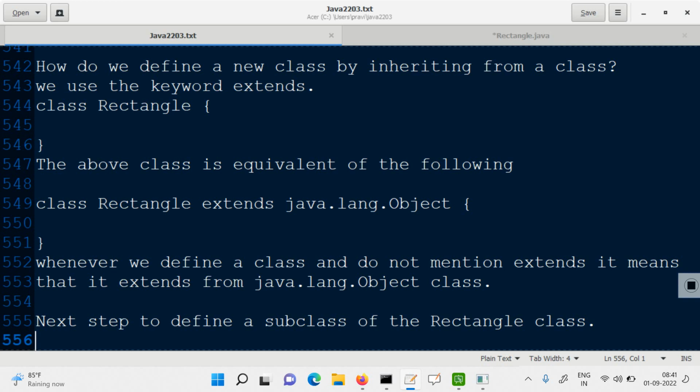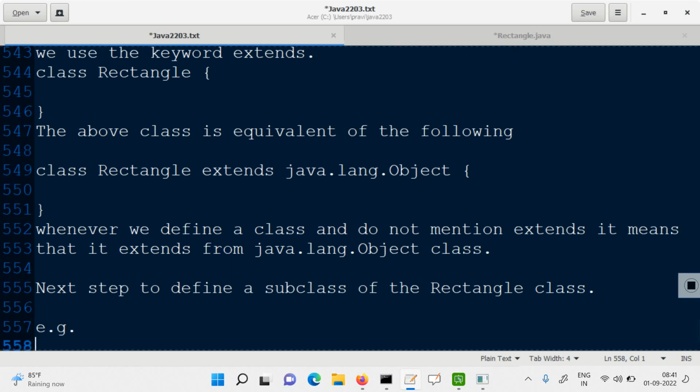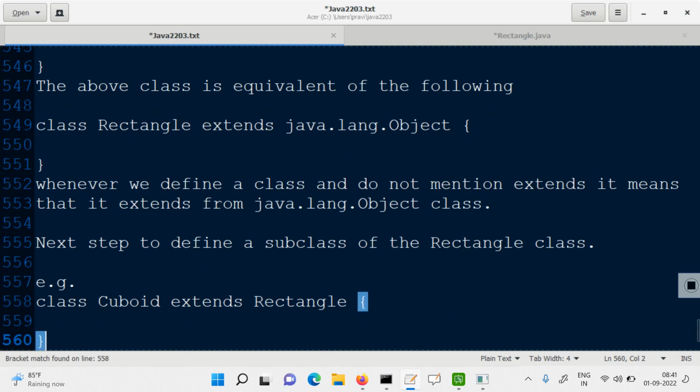Okay, fine. So I'm just trying to imply an example could be something like this. Class Cuboid extends from Rectangle class, and it could then be saying that yes, I have an additional instance variable called